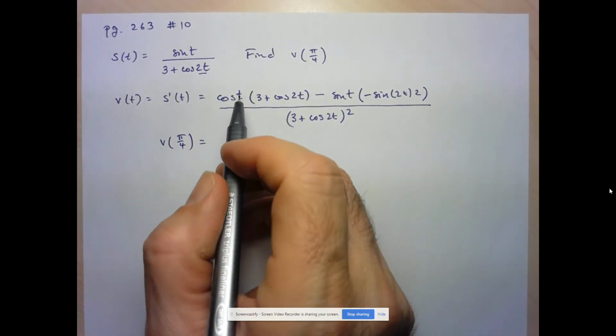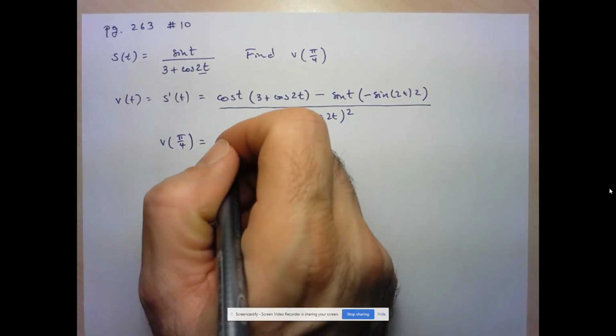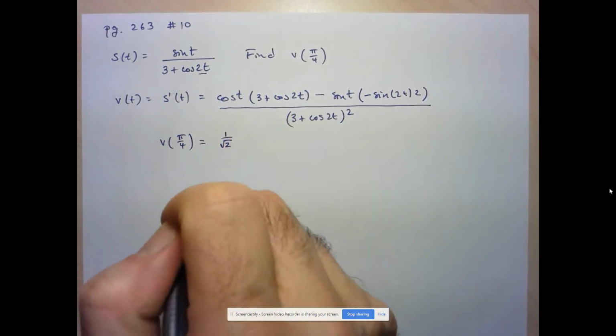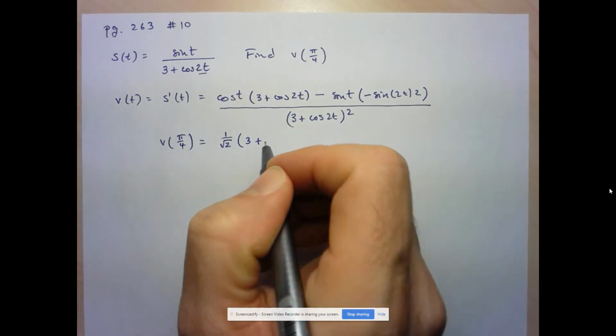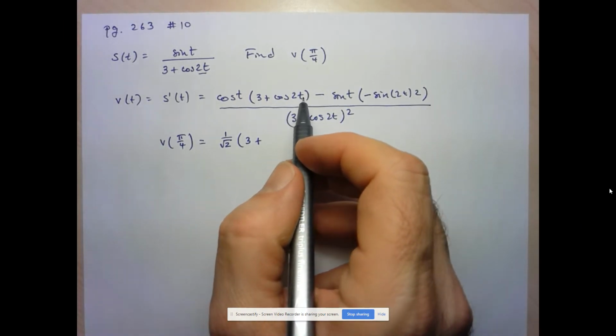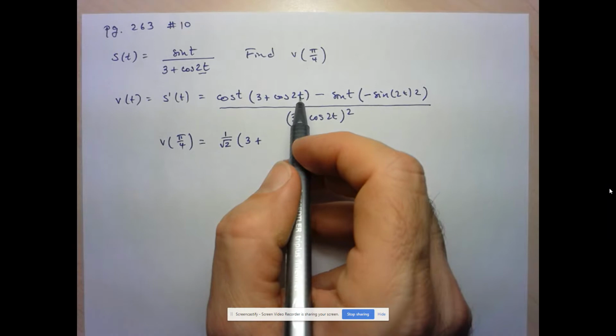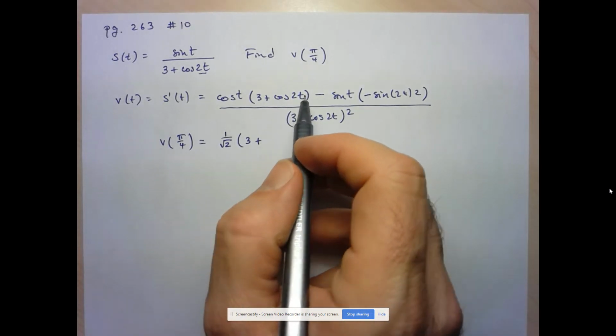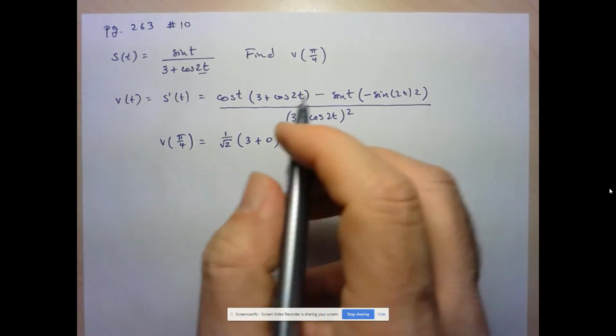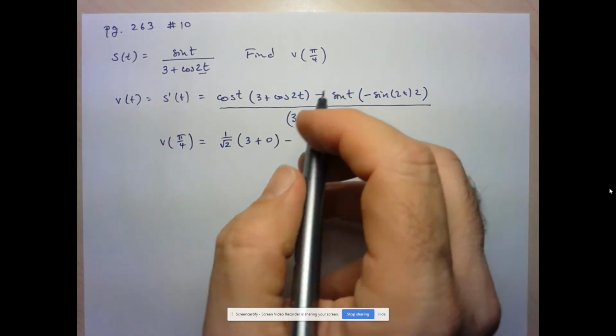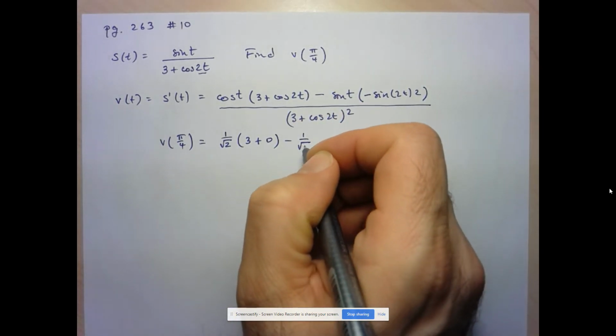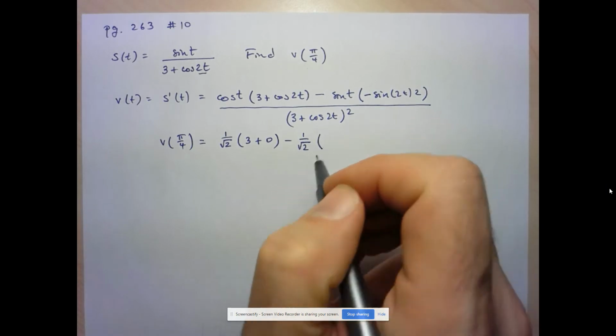All right, so cos of pi over 4, well, that's just 1 over root 2. So here we have 3 plus cos of 2 times pi over 4. So 2 times pi over 4 is pi over 2. And of course, cos of pi over 2 is just 0, so that's good. Minus sine of pi over 4, which is again just 1 over root 2. And then here we have